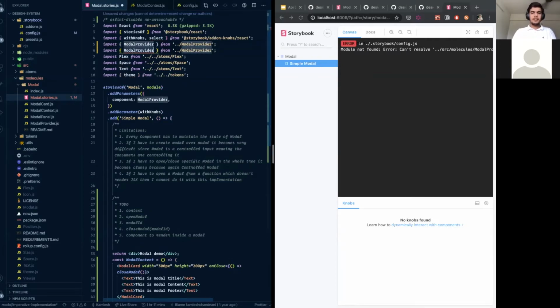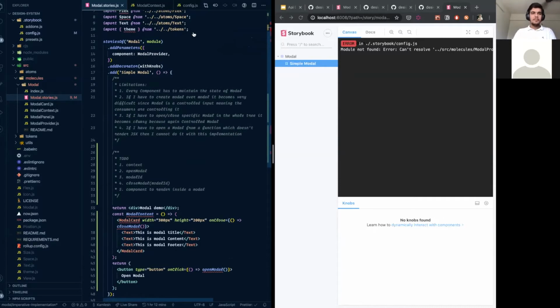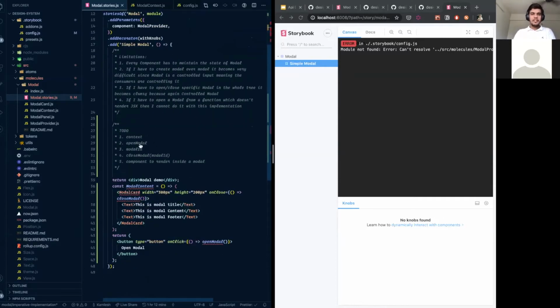I need the use modal context thing, yeah, over here. Cool. So now we have the context, right? Now the first thing that we want to do is this open modal and close modal, right?